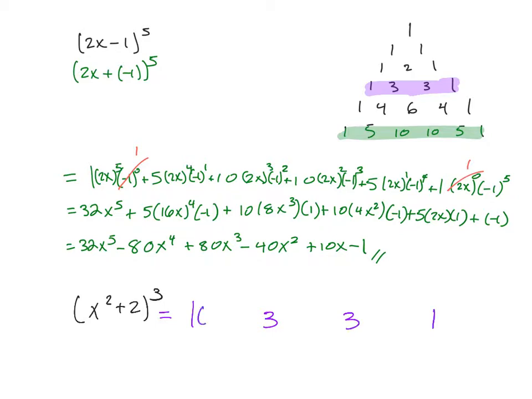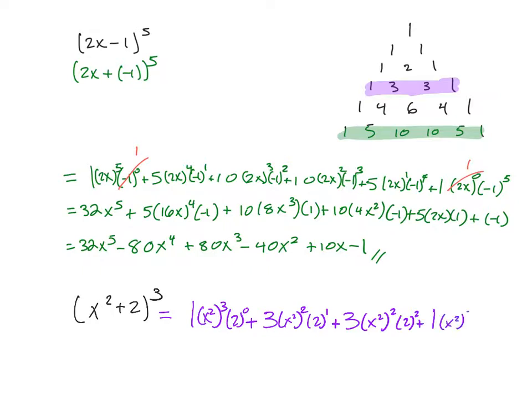So again, my first term in this case is x squared to the third times 2 to the 0 plus x squared to the second times 2 to the 1 plus x squared to the first times 2 squared plus